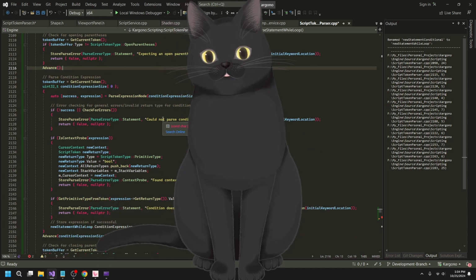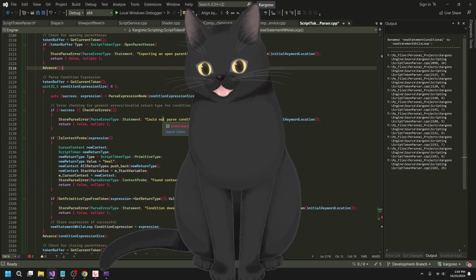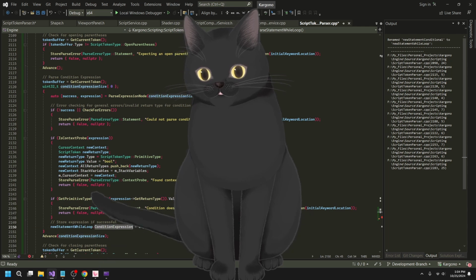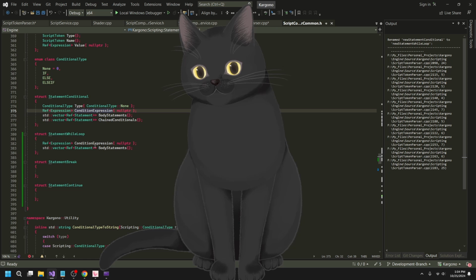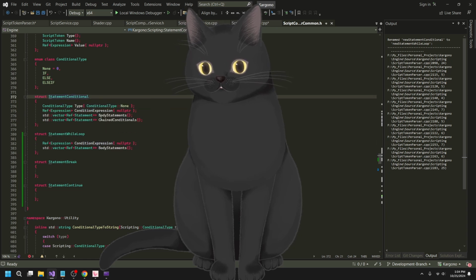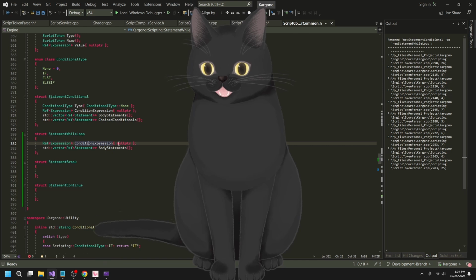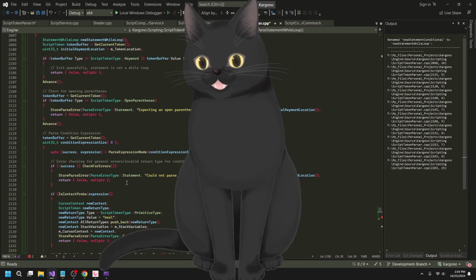I believe this is going to be the exact same code. Actually, no, this is the exact same code, because even in this case, the condition expression is the exact same thing. In a conditional if-else statement, we store the condition expression if it's relevant. For a while loop, we always have a condition expression. So this code is always relevant.